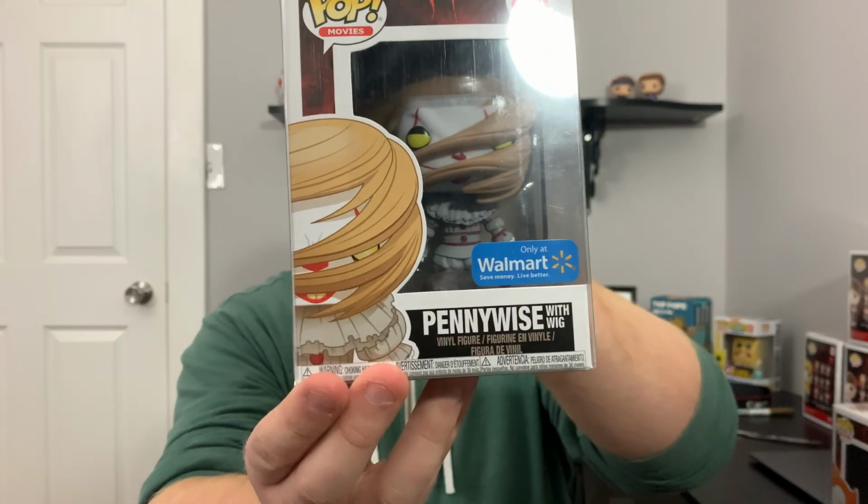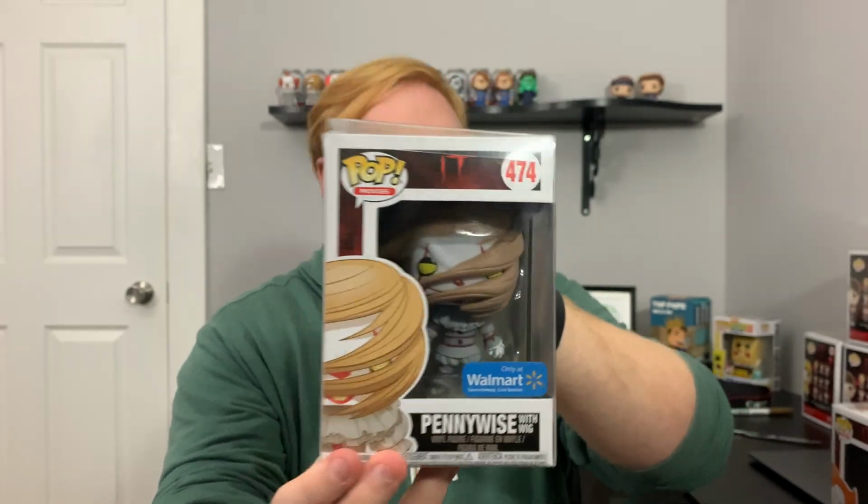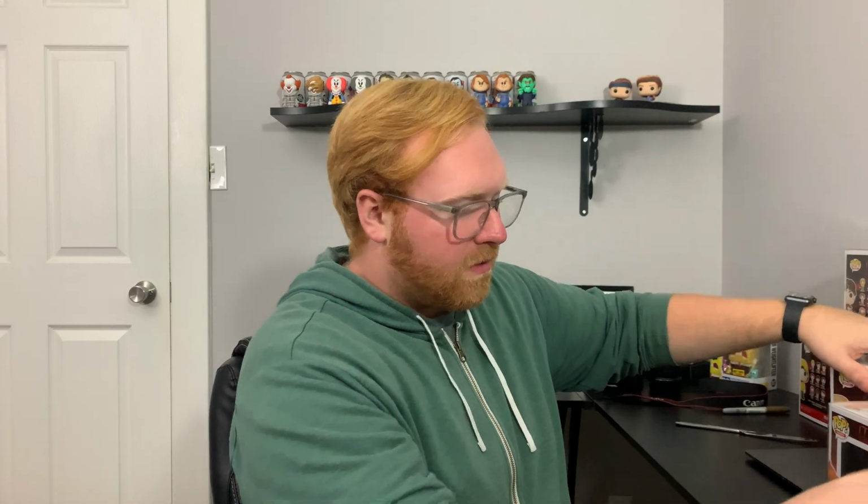Next up in the collection, I will be showing off a few other versions of Pennywise. Well, way more than a few, so I'm just gonna get right into it here. We've got Pennywise with wig. This is a Walmart exclusive. This one looks really, really awesome. After that one, we have